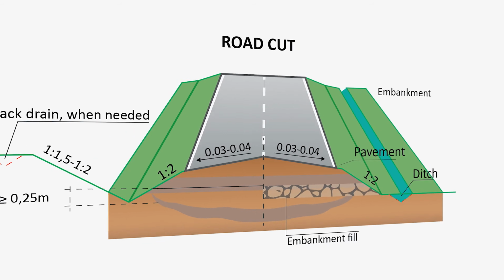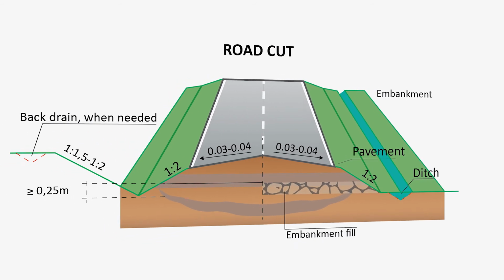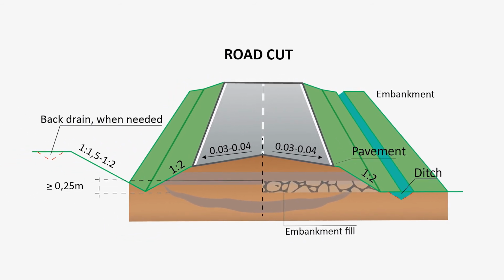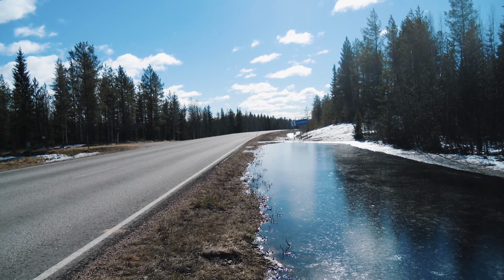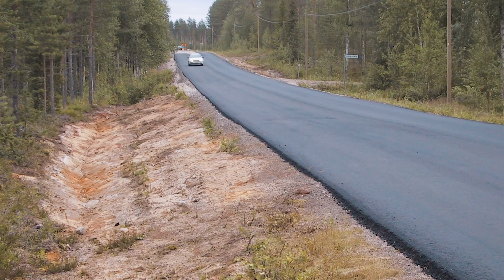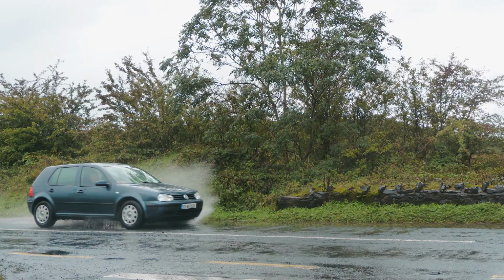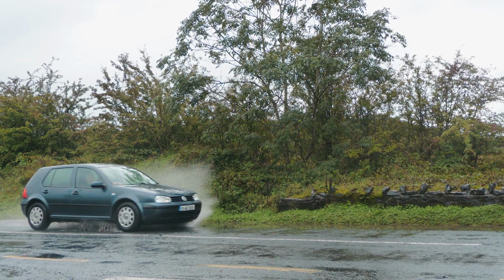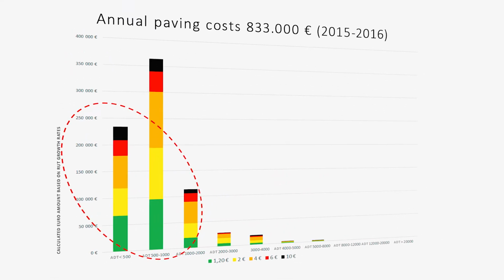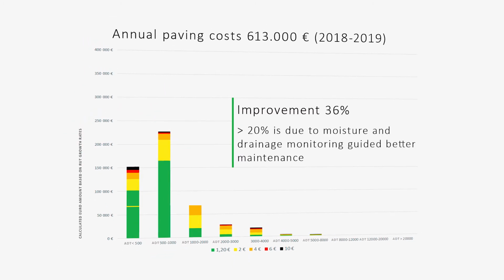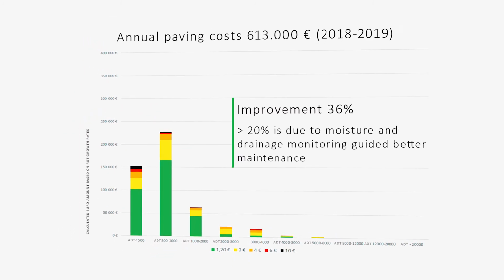Road drainage systems have several components which ensure that road structures stay dry in all weather conditions. Poorly functioning components lead to premature pavement failures and can create traffic safety risks. The life cycle costs for roads with a well-functioning drainage system can be 20 to 40% lower compared to roads